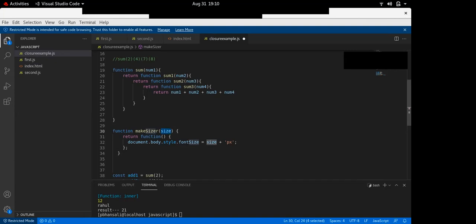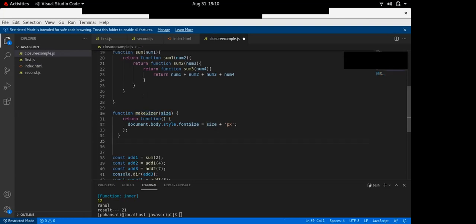Okay. So what I will do now, I will make three variables. One is size12 equals makeSizer, and I will pass 12.